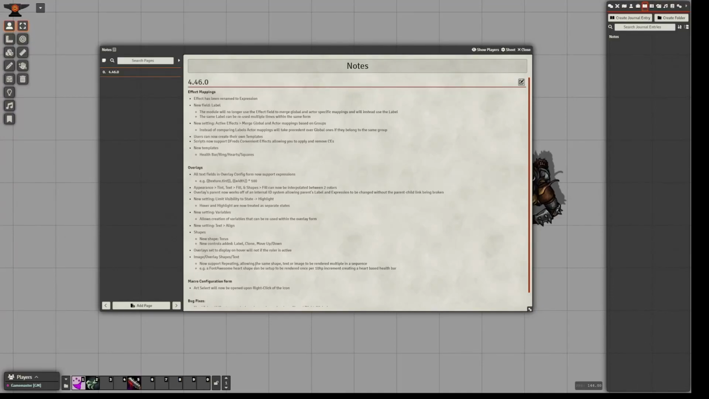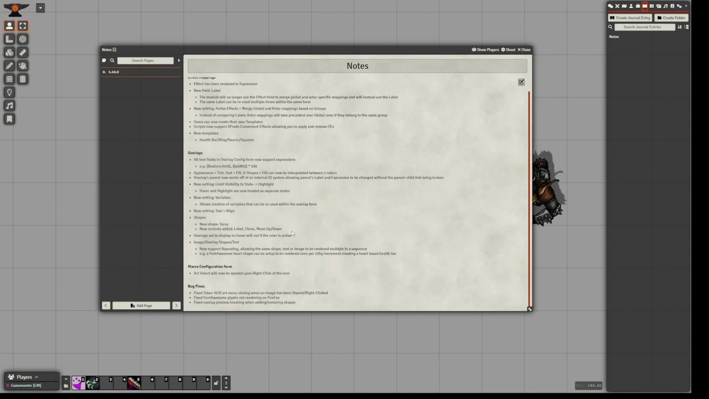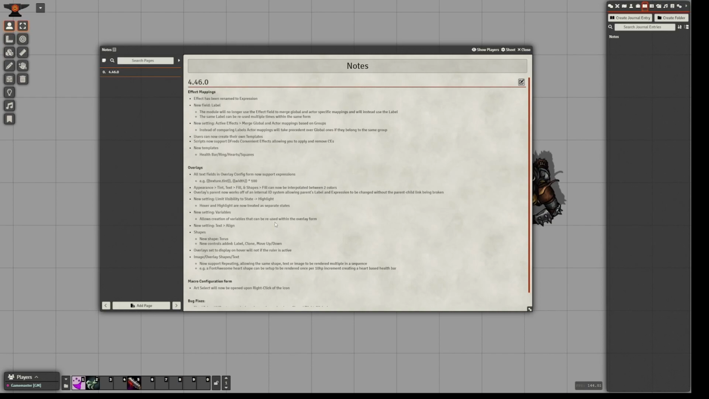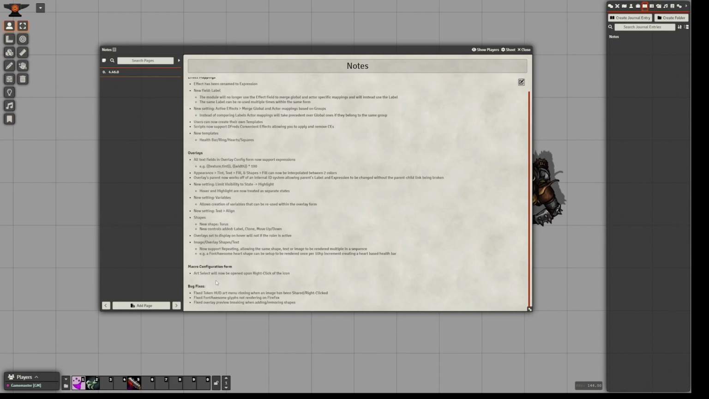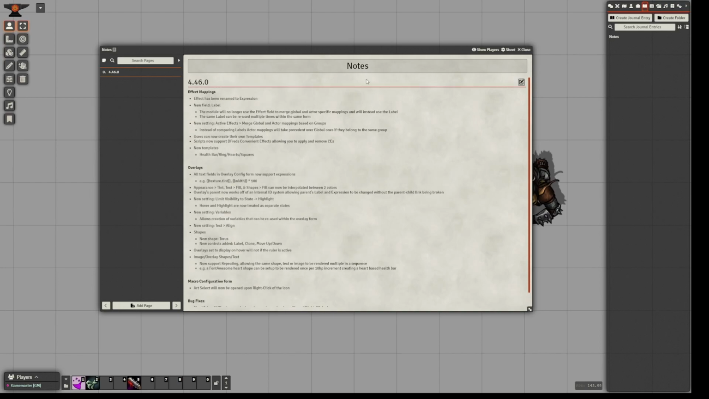Hello, this is an overview video for the Token Convenient Art module version 4.46. In this version, there were quite a few changes to the effect mapping and overlay configuration forms, which I thought merited an actual video. So I'll be covering all of these as well as a few bug fixes and miscellaneous changes,